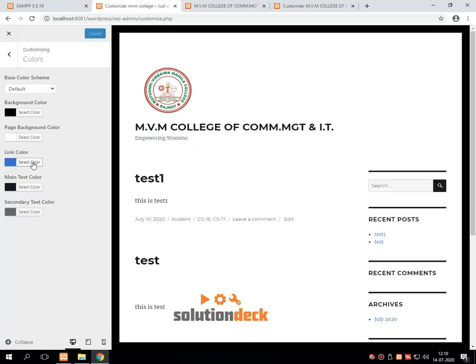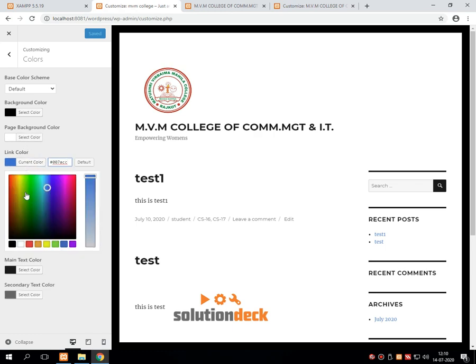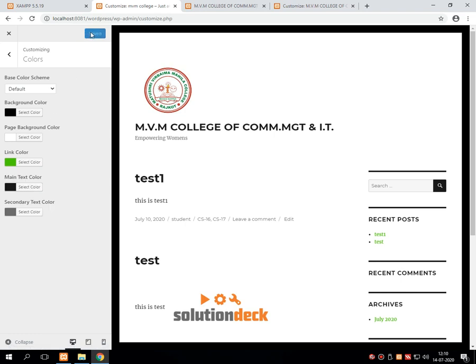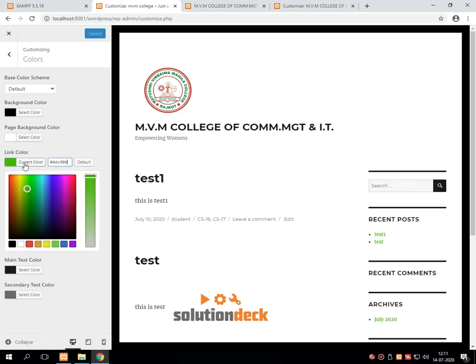Now suppose I am selecting the link color and saving and publishing the same. You can see over here, these two or more links are given whose color is set as green. Just look at these particular colors. I am changing over here to red.